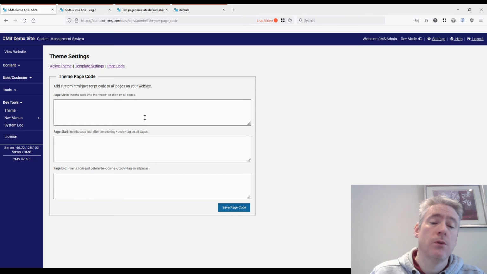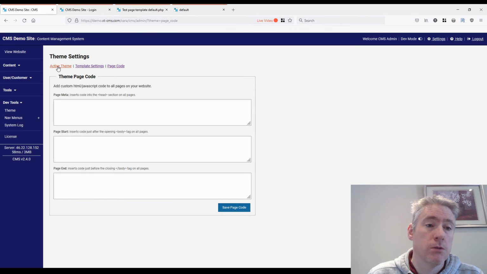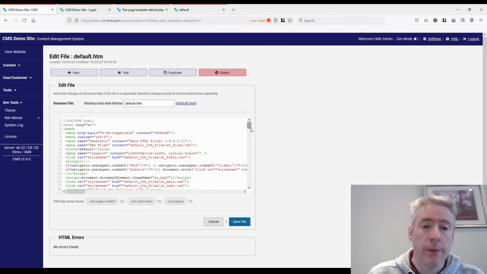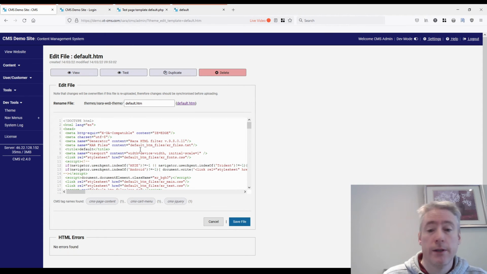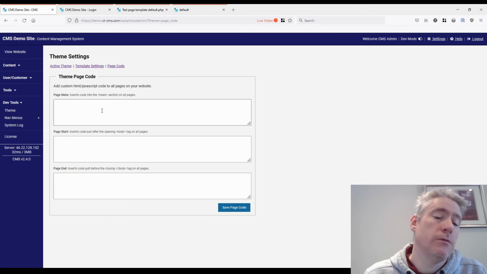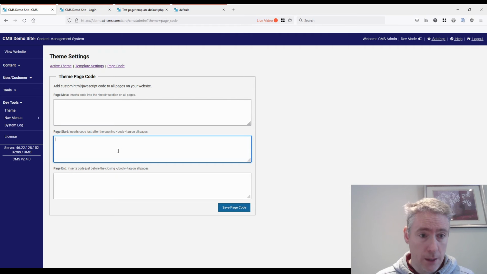You can also, if you wanted, just put the code in the template itself, in the template code. So in other words, you go back here and edit default. I mean, you can actually put your custom code in here now as well. Or you can use that other page. So you can use this. This might be more convenient for just using analytics code though. So it's in one place, you can edit then across all pages if you need to. Anyway, the options are there to do both.